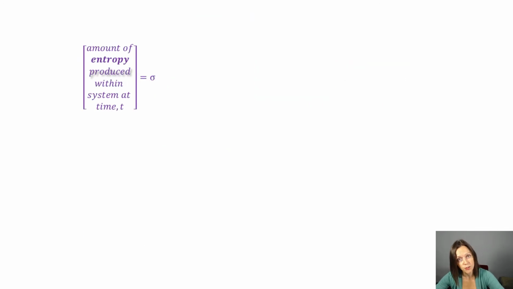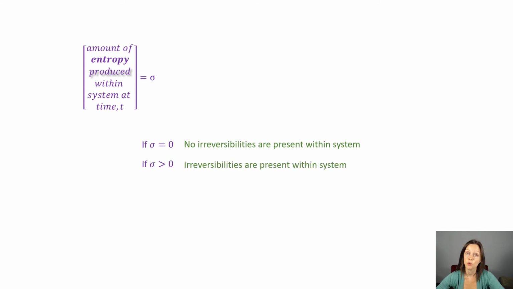So for this term right here, we use sigma. And if sigma is 0, it means you have a completely reversible or internally reversible process. So there's no internal irreversibilities within the system, no friction or anything like that. If it's greater than 0, it means you do have irreversibilities within the system. In other words, it's a real process,